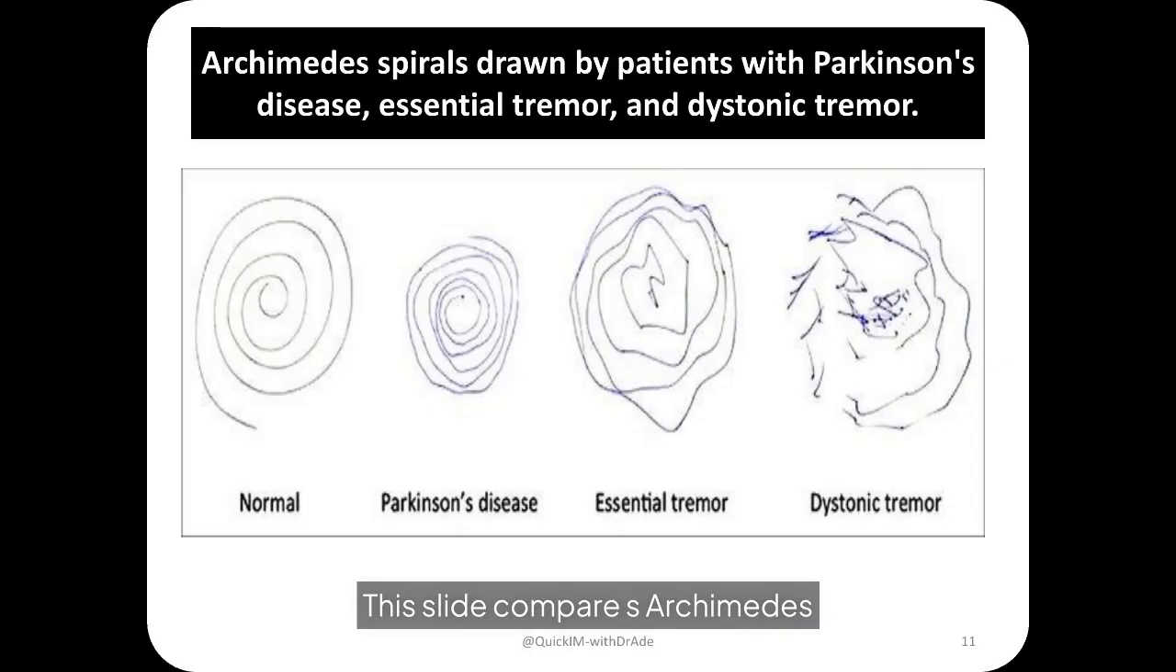This slide compares Archimedes spirals drawn by patients with Parkinson's disease, essential tremor, and dystonic tremor, each displaying distinct characteristics. In Parkinson's disease, the spiral is tight, small, and shows a regular low-amplitude tremor with progressively shrinking loops, reflecting micrographia